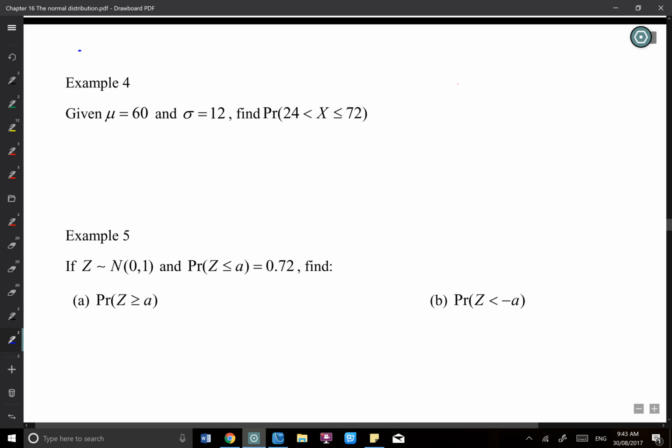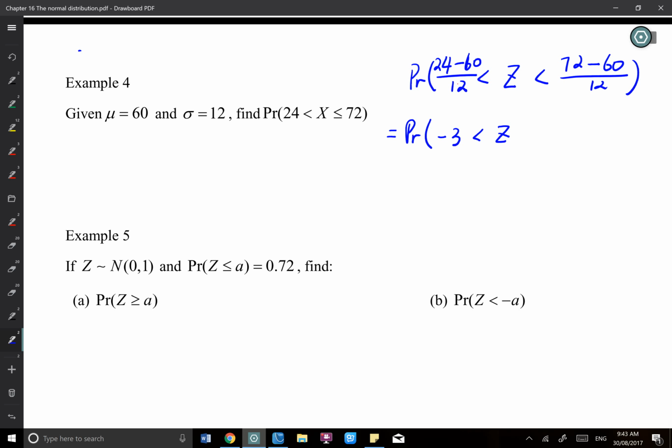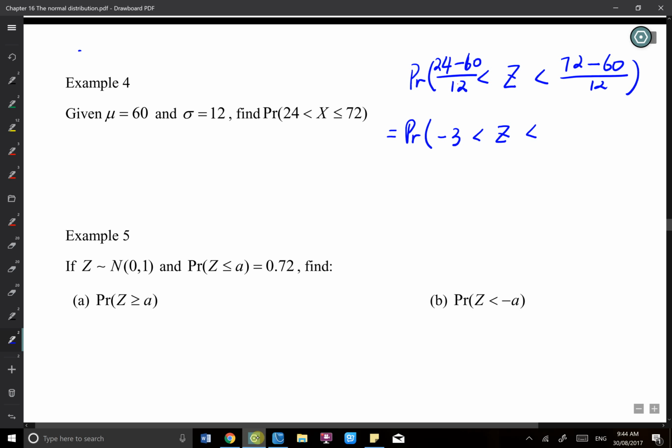If there's no other information given, what I need to do is just put that on the z normal. So how do I do that? I use the x, subtract the mu, and divide by the standard deviation. And that gives me a probability. 24 minus 60, that's -36, and I think that's a -3. Then the upper value gives me 12 divided by 12, which is 1. So that's within